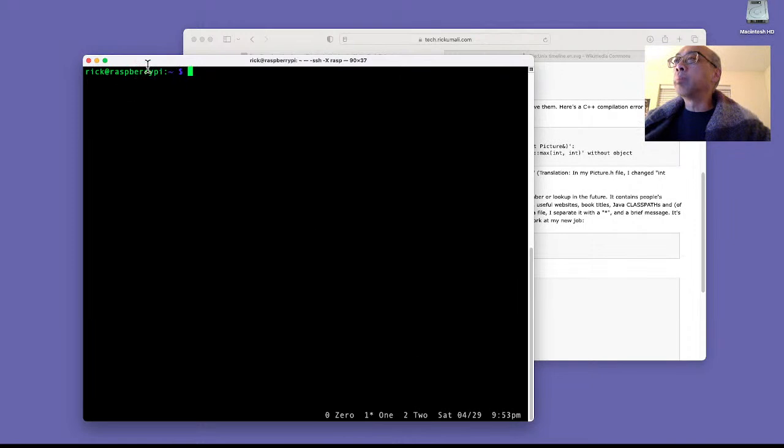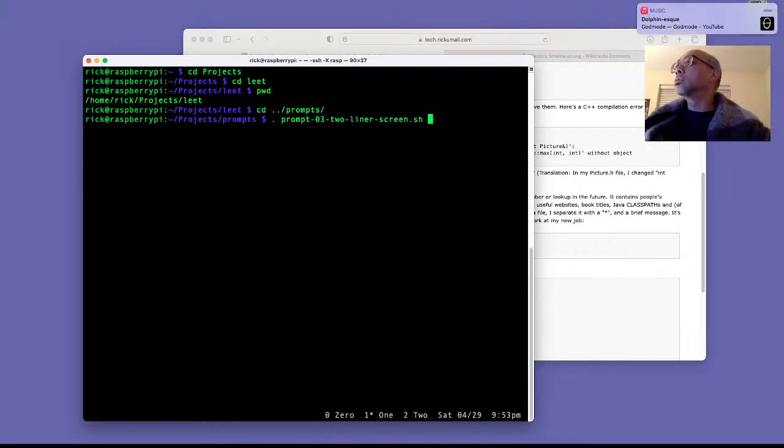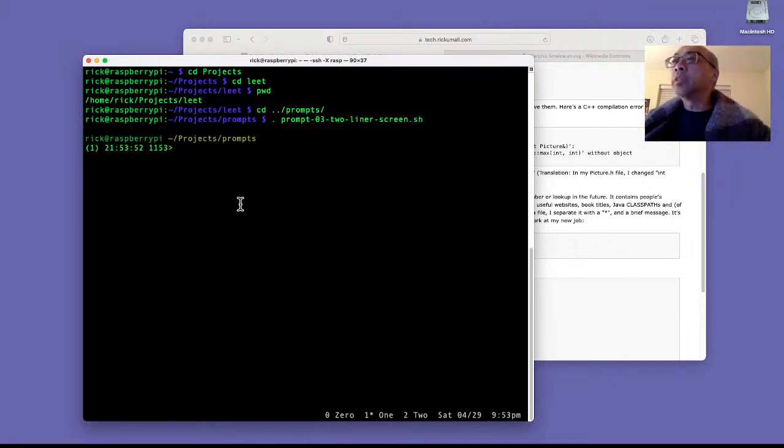What you notice though is my prompt stays the same, so I don't know what screen I'm on. Now Screen has a ruler down here, so I can look at the screen information. But I'd like to know it here at the prompt. So I'm in here, and what I can do is change my prompt so that it reflects the screen number that I'm on. So if I do this, Screen, what you see is that there's now a number here. This number represents the screen number.